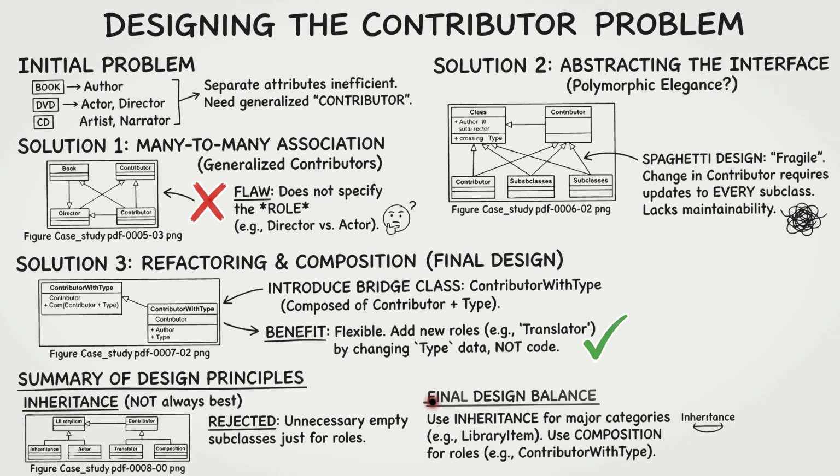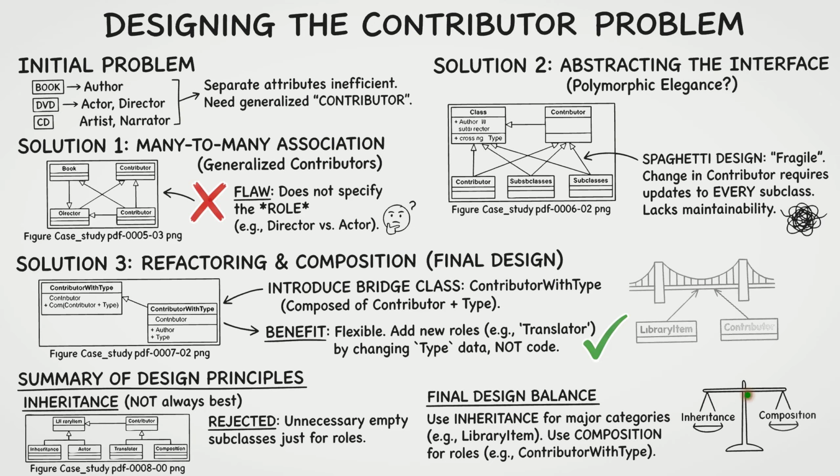In summary, achieving the final design balance is about using the right tool for the job. You should use inheritance for major structural categories like different types of library items where their core behaviors actually differ. However, as the scale illustrates, you should lean heavily on composition and helper classes for roles where the only real difference is a descriptive label. This balance creates a highly cohesive system that is both easy to extend and maintain in the